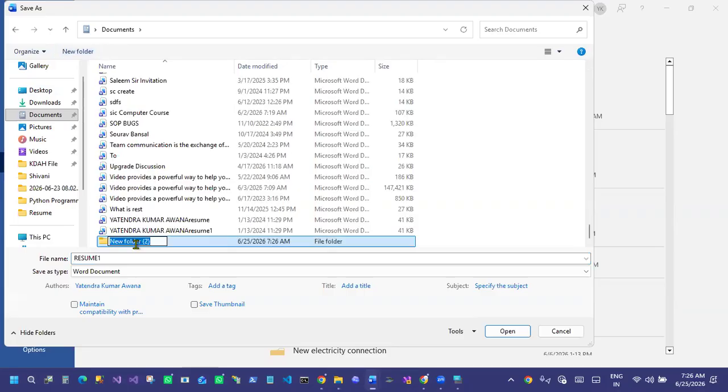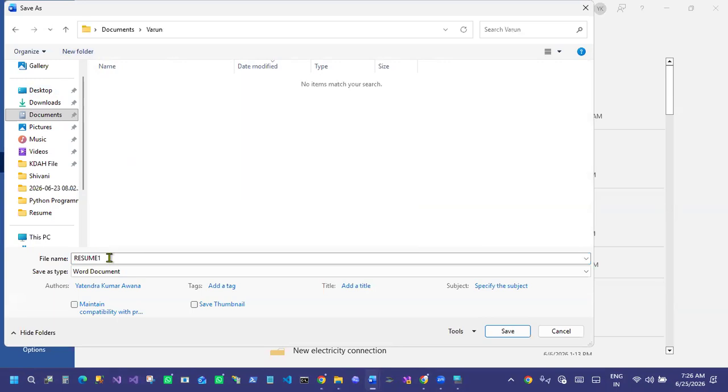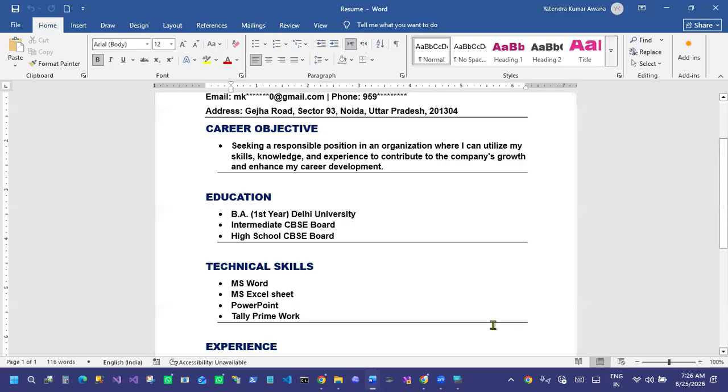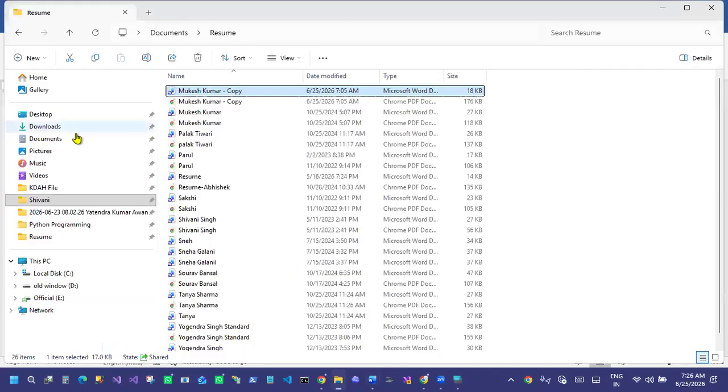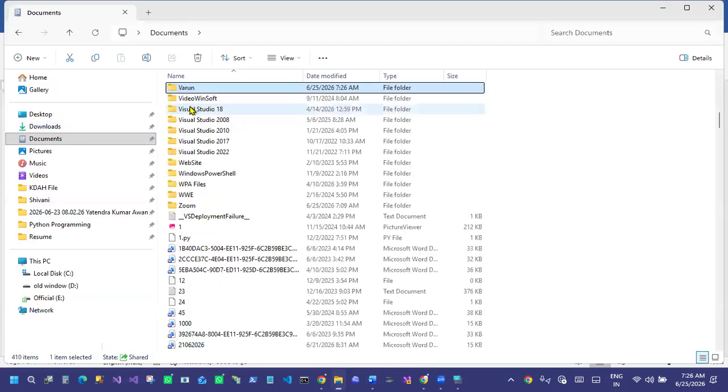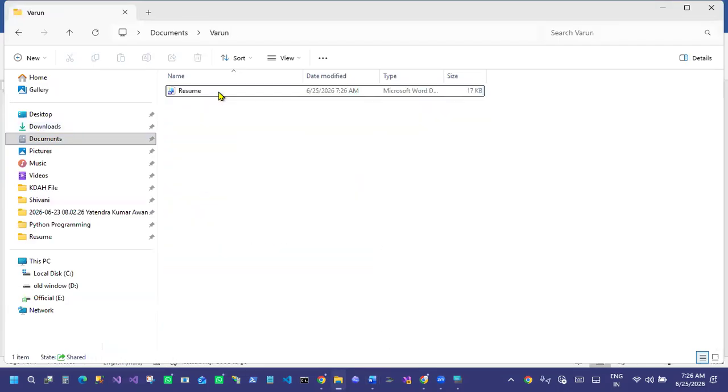Then I give the name Varun, and inside this folder I will put my file name, right? Whatever I create, I will save inside my folder Varun. If I go to documents, find Varun, press enter, you can see your document is here, right?